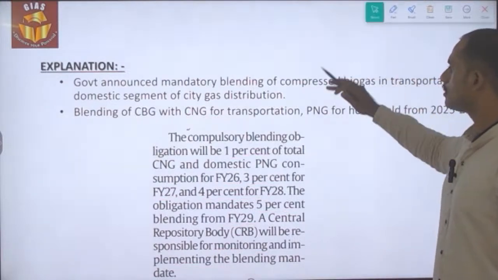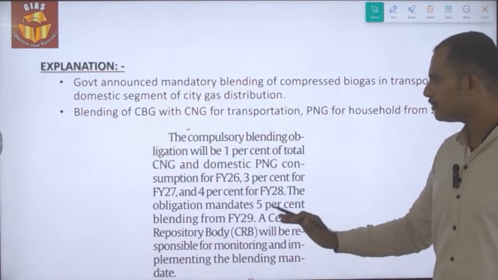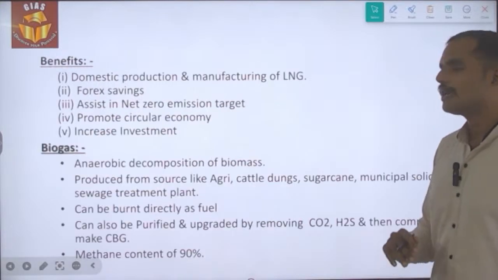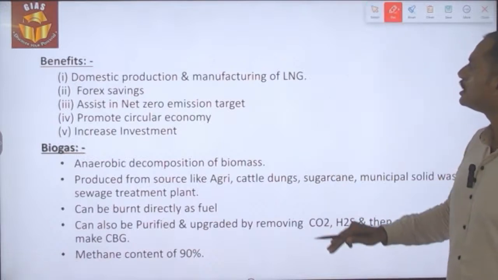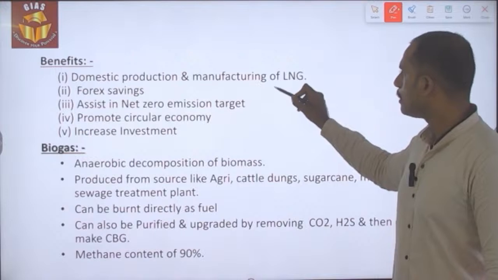Whether the implementation is taking place according to the roadmap or not will be monitored by the CRB, that is the Central Repository Body. And what is the benefit according to the ministry? See, it will enhance the domestic production as well as manufacturing of